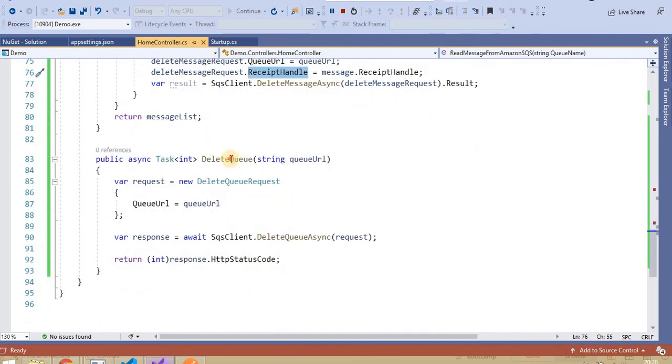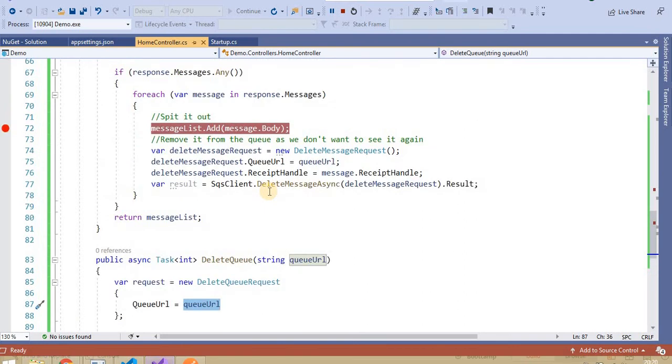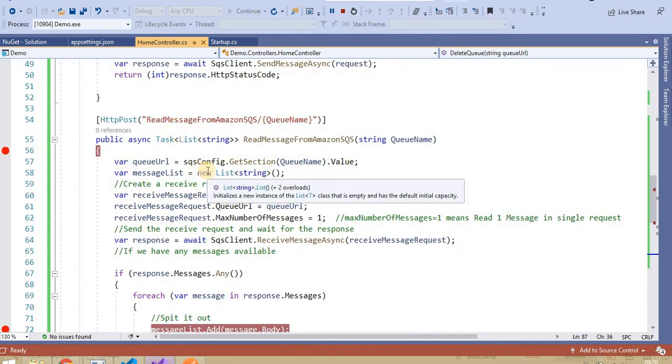Among other methods, like delete queue, we can delete the queue by passing the queue URL to the delete queue request, whichever queue URL I want to delete. In that case it will delete that queue from the console, and it will return a status like 200, deleted successfully. I think 204. That's all about SQS. There are some other methods like list all queues and create queue. So I think this is the basic information we need first: how we can push the message and how we can read the message.